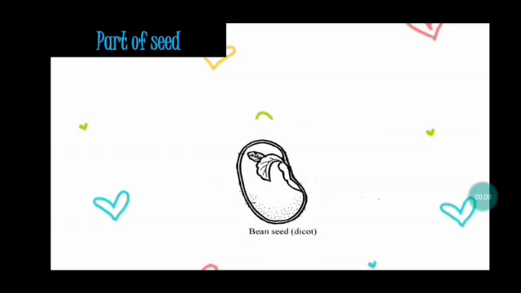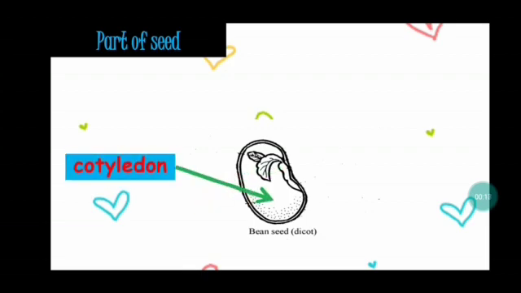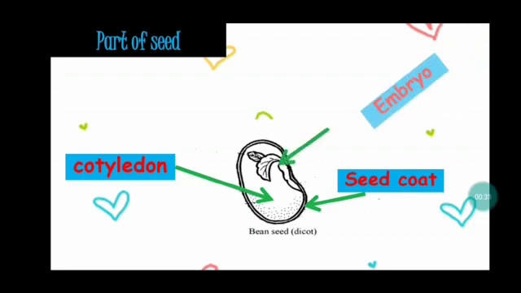When we talk about germination, we have to know the part of the seed. Okay, look at here. This is the bean seed. The parts of seed: the first is cotyledon, in bahasa still cotyledon. And then seed coat, kulit biji. Of course, you know the function of seed coat, because it is a skin, it has function to protect the seed. And then the last part is embryo. The embryo will be a new plant.